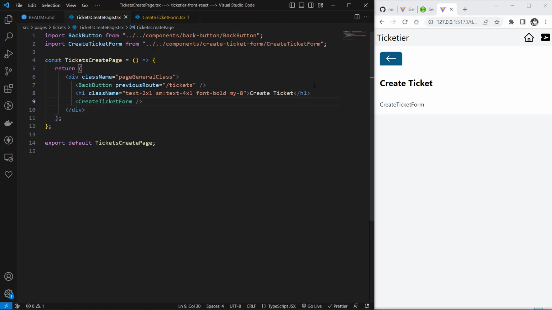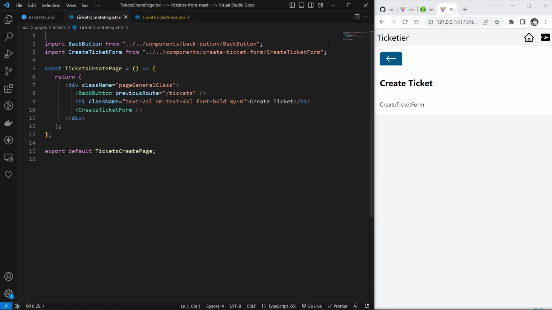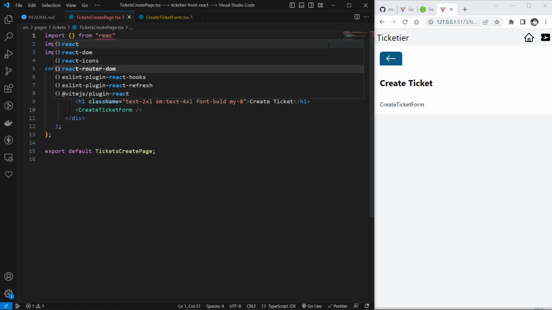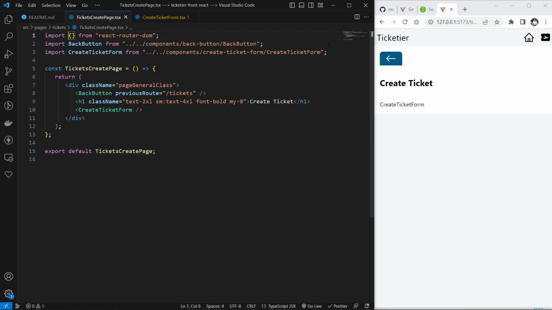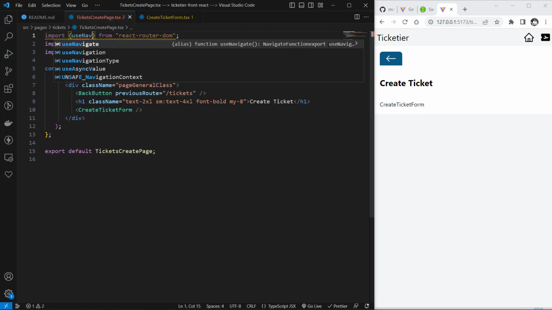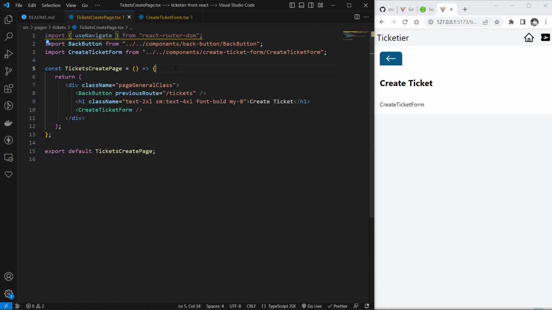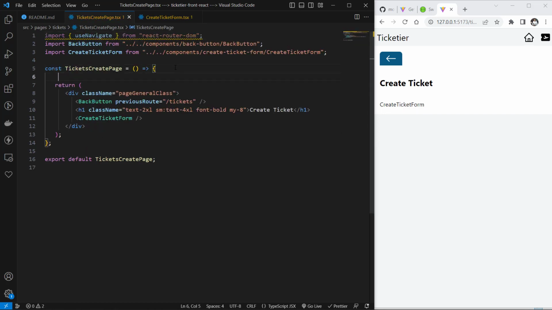That's it. And here I want to have some scenario for when my creation is successful. So I will handle that from here. How can I do this? I need to use a navigation. So we can import something from React Router DOM, useNavigate, and inside of ticket create page, I can use